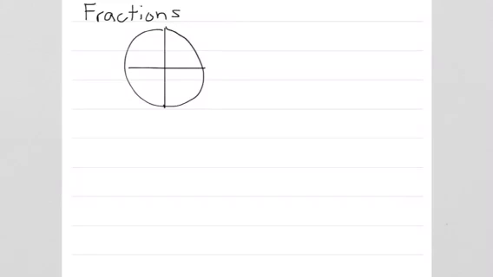equal sections. And so now if I give you one slice of pizza, then that means you have one piece out of the possible 4 slices, and so you have 1/4 of the pizza. Okay, and so this top number of our fraction is referred to as